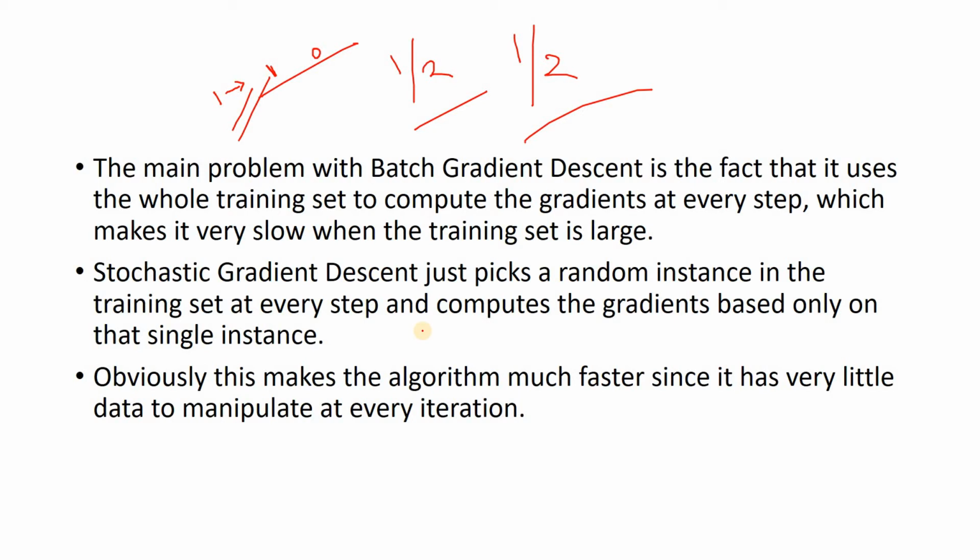So in gradient descent the problem was huge computation, as we took the whole data, but in stochastic gradient descent we take only one single data point, which sometimes makes it irregular. The updation which we are doing might not be the proper one. I hope you have understood this, and obviously as each time we are updating based on a single data point,